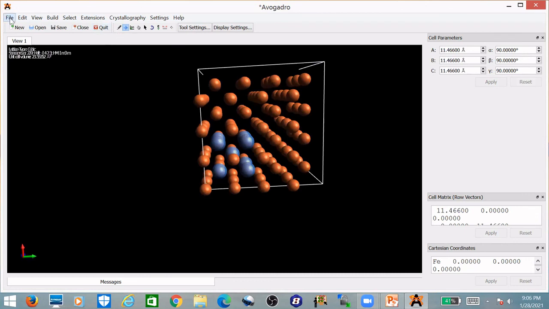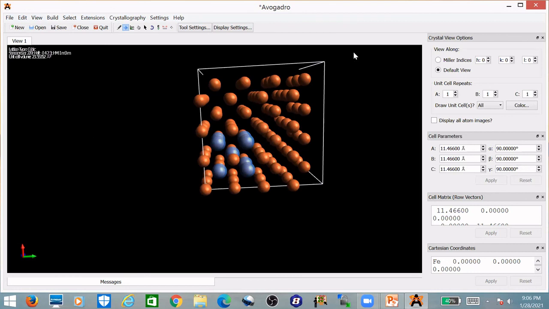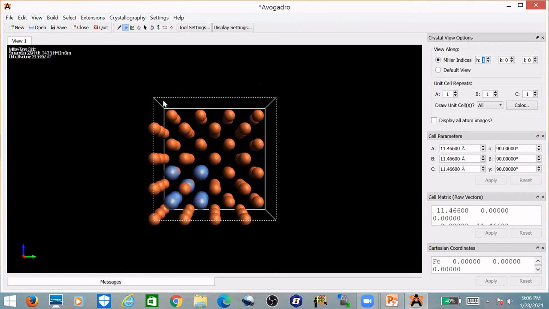So let's see a few more features. Go to view, crystal view options, and if you want to see the Miller indices, click on this Miller indices button, and then HKL, Miller indices. I think you know that. So if I want to see the 100 plane, that dotted one is the 100 plane.